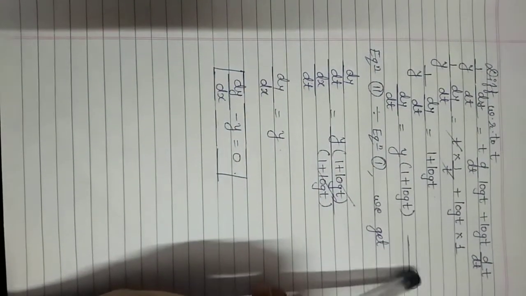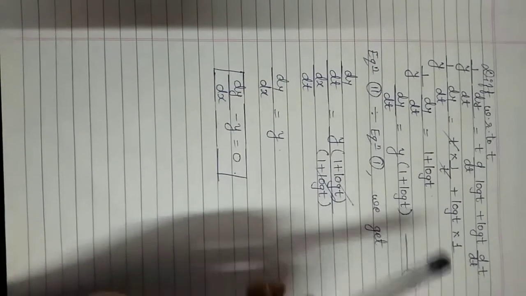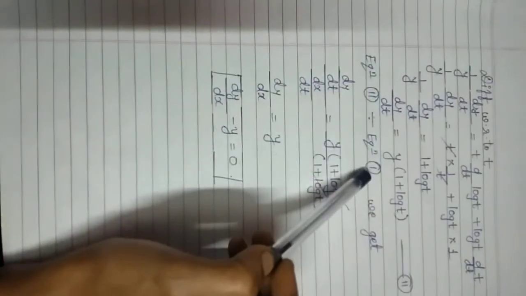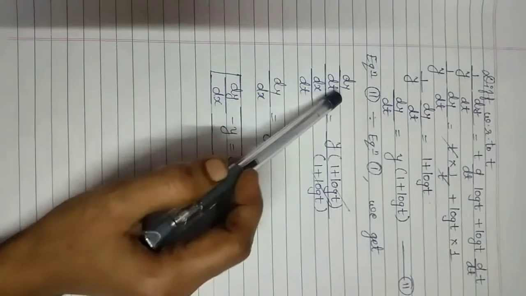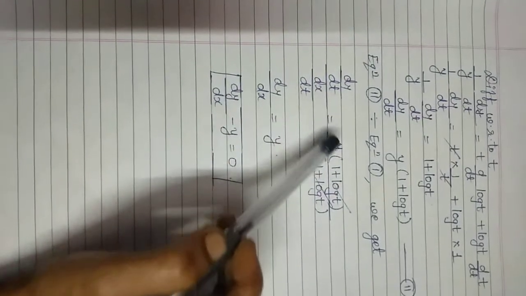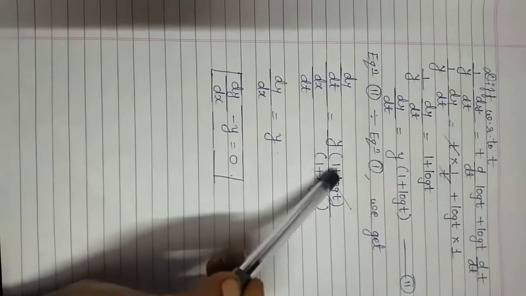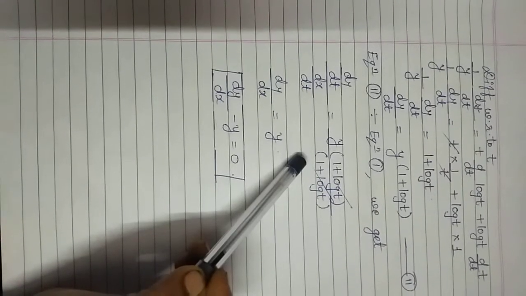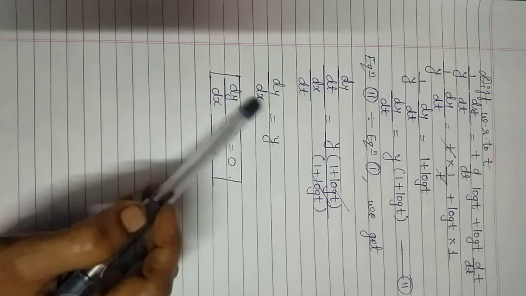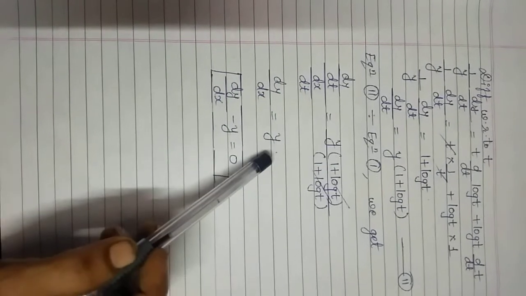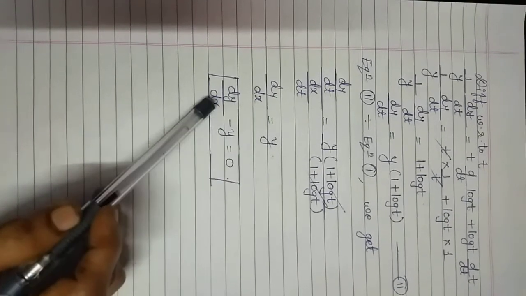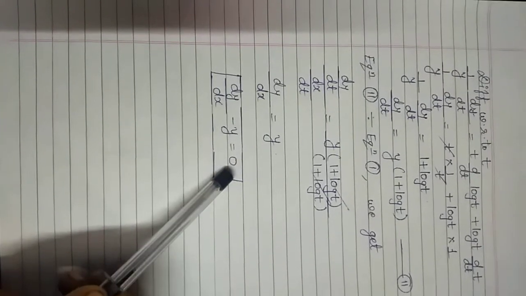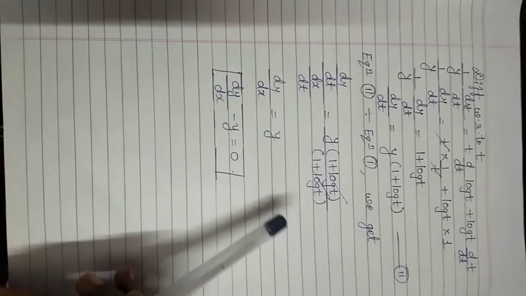Now we call this equation 2, and since we require dy by dx, we divide equation 2 by equation 1. We get dy by dt upon dx by dt is equal to y into 1 plus log t upon 1 plus log t. Now this 1 plus log t term gets cancelled, so dy by dx is equal to y. Now this we can write as dy by dx minus y is equal to 0, and this is nothing but the required answer. Thank you students.